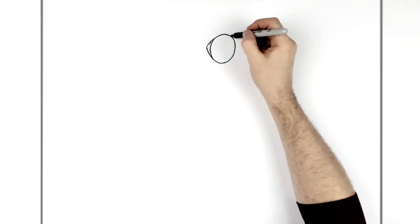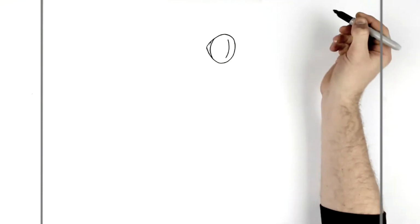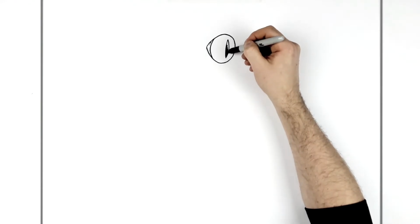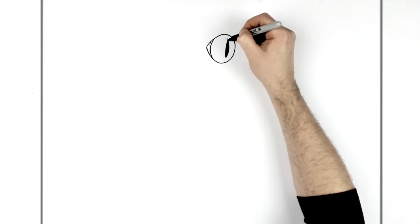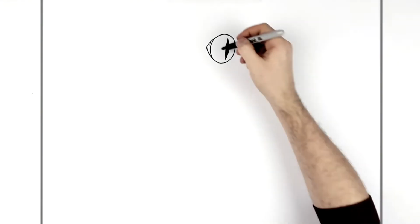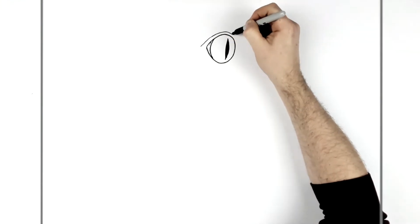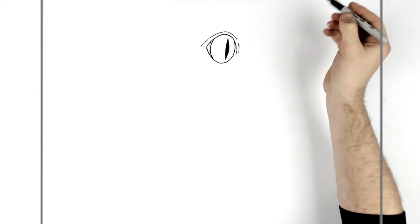So his iris then is like a dark black sort of cat-like eye, right? So it's a long one. Curving around like so. And then you can cut it in. Like so, right? So then we have some eyelid lines coming around, okay? So just curving around the eye here, these sort of texture lines and things. Another one coming down here. Okay, it's kind of like his eyelid,